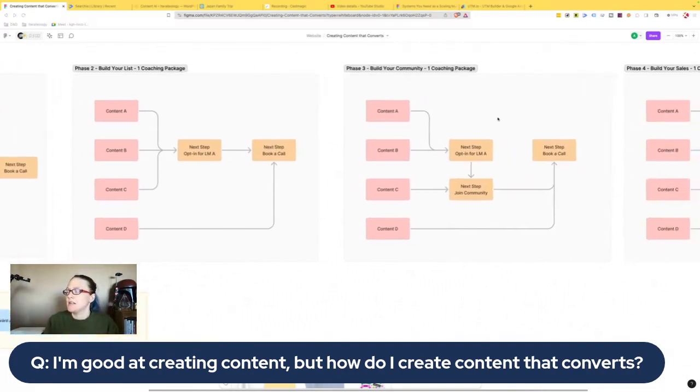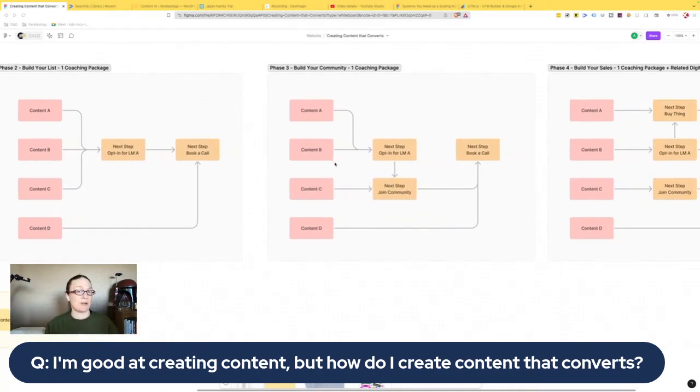And then phase 3 is if you've got a community. For example, I've got the Facebook community that you're probably seeing this in, if you're not watching it live on YouTube. And so you can see where maybe my content A, the better option is to push toward a lead magnet. Or if I had 2 lead magnets here, content A could have a lead magnet that is around tech, or content A is about technology or websites or something like that. So then I might have a lead magnet that's a website planning guide.